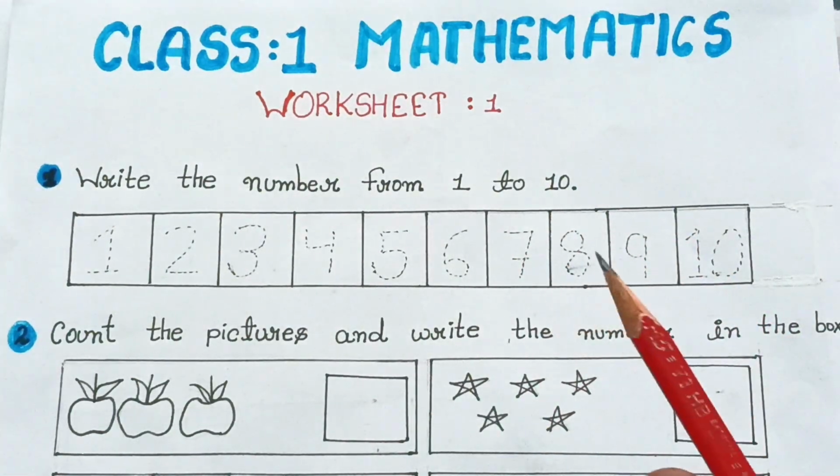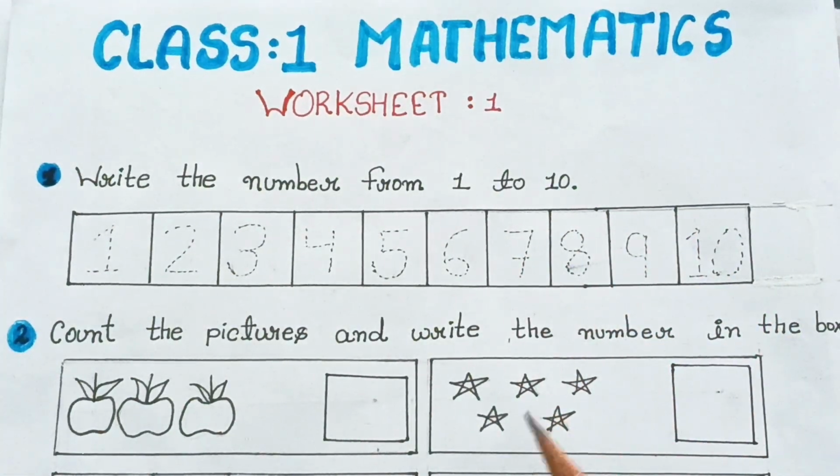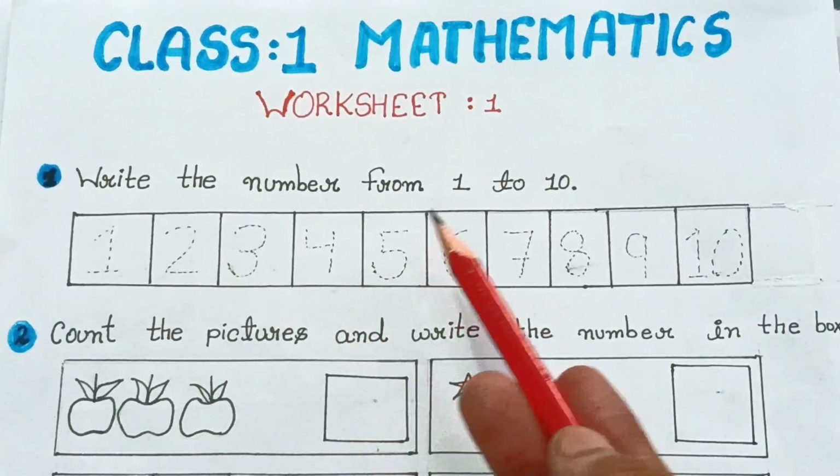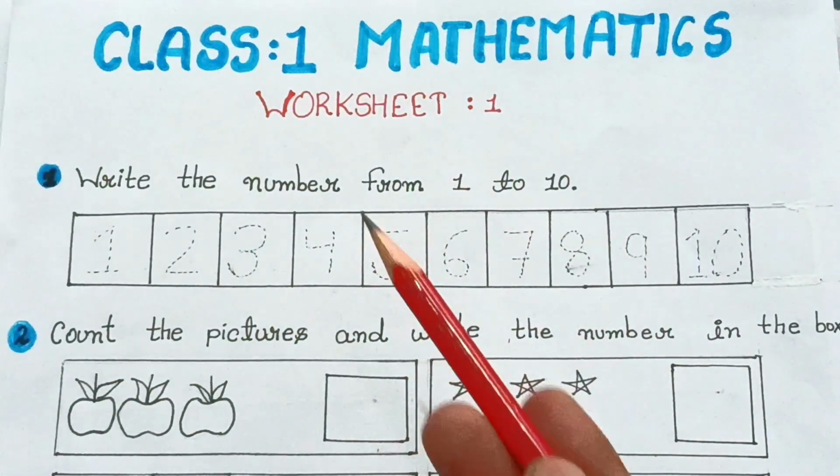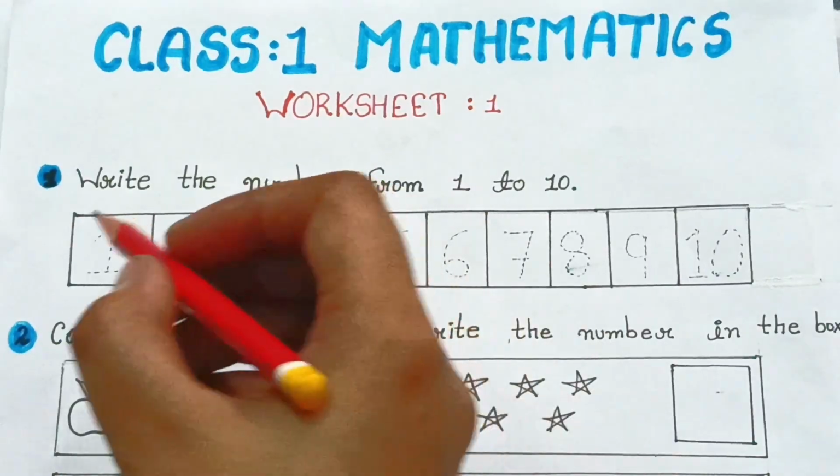So take out your worksheet and pencil, let's start learning together. The question first, write the number from 1 to 10. Let's write the number in order. So you have to write